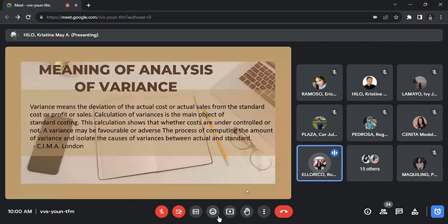A variance may be favorable or adverse between actual and standard. So when actual cost is less than standard cost or profit is